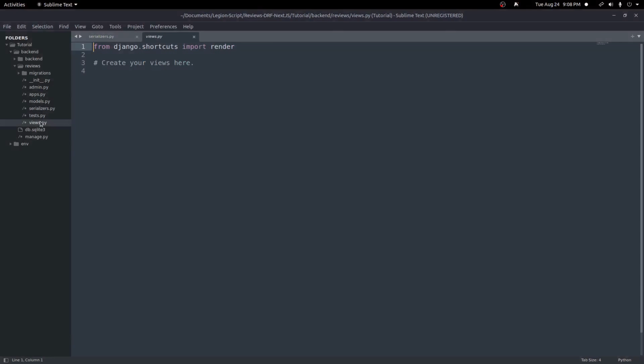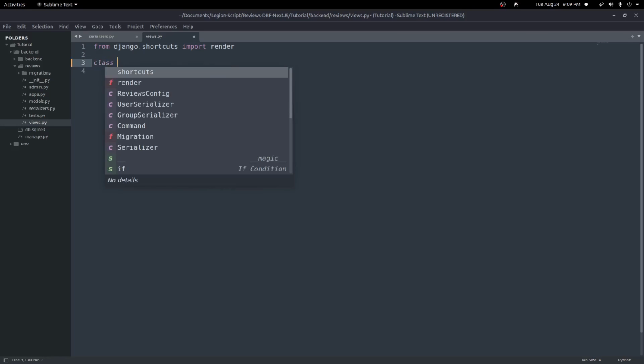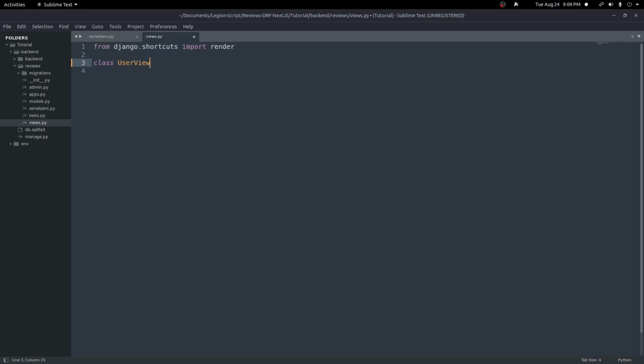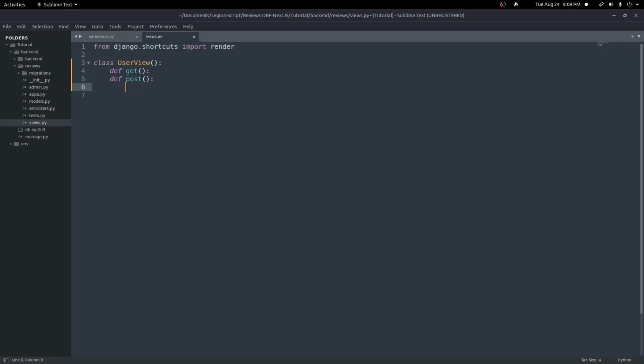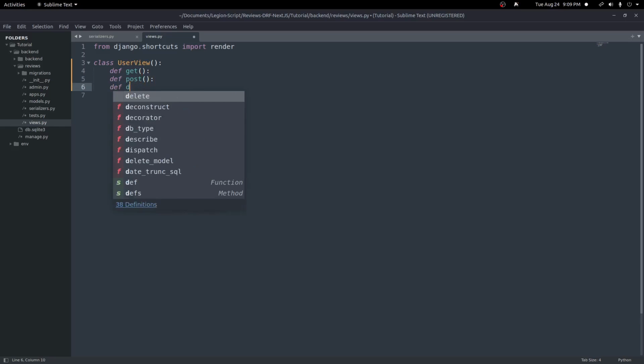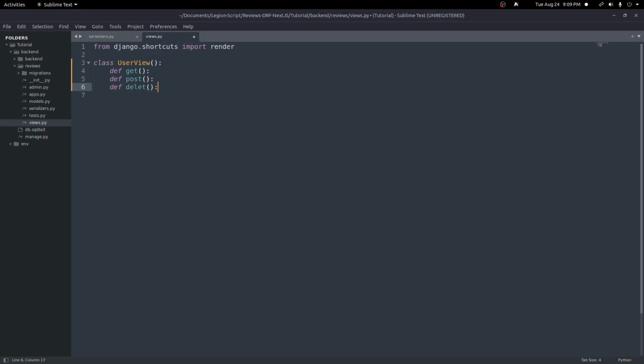And instead of creating views like we normally do, we're going to create view sets. So we could always come in here and create a class of whatever, user view, and we could inherit from something, could do a def get, a def post, a def delete, etc. for every single HTTP request,